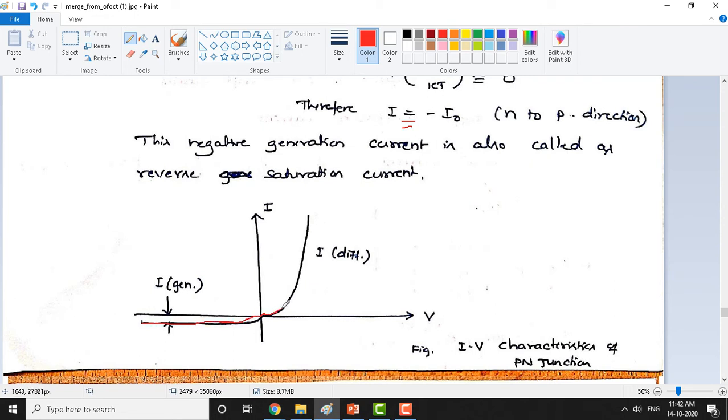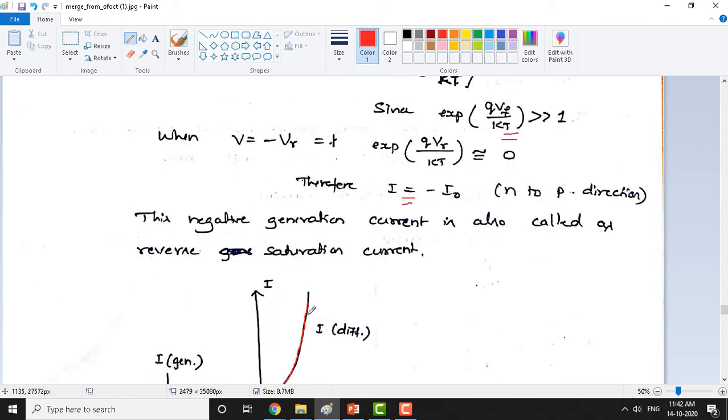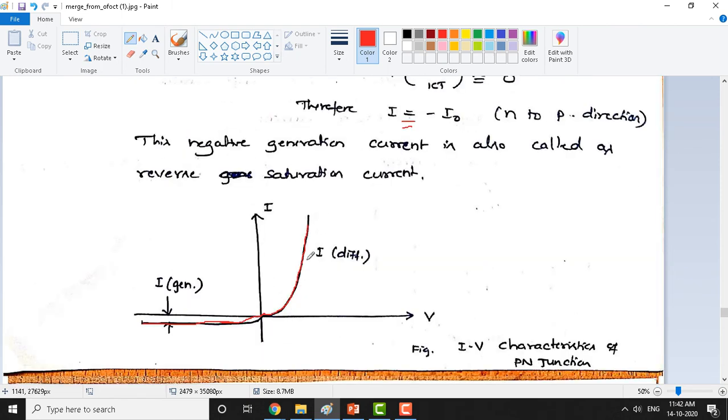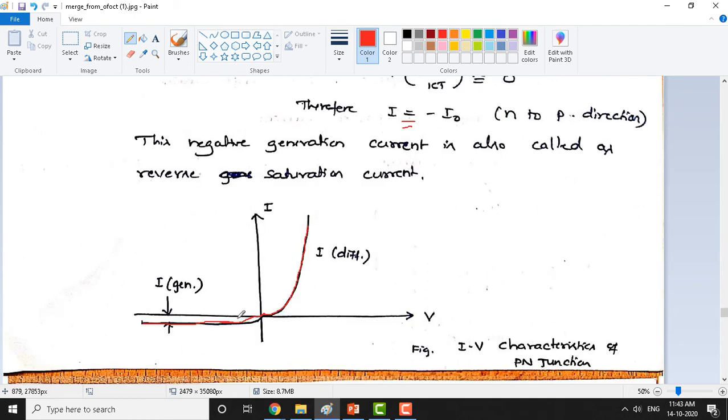But look at the forward bias condition, this is an exponential current. Whatever equation you have seen here, this is the first component, I diffusion, that results in this curve. The second component you are seeing is I generation under reverse bias condition, or I naught. Since it is negative, it falls in the third quadrant. Since in forward bias V is positive, the exponential current keeps increasing once you cross this threshold. This threshold is usually 0.7 volts for a silicon diode, and 0.3 for a germanium diode.